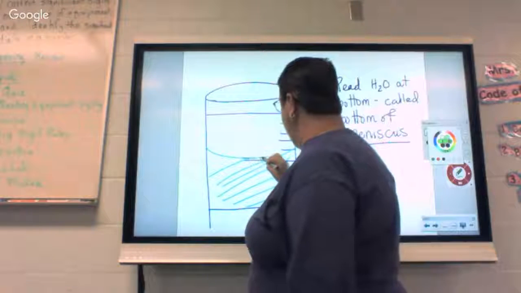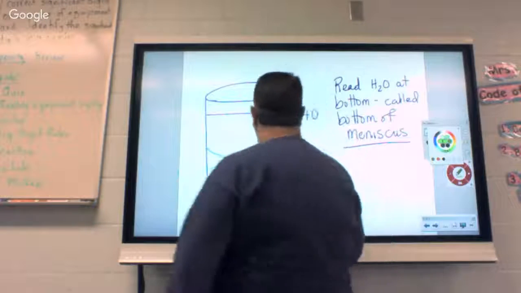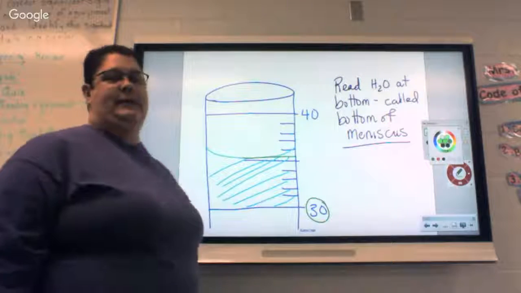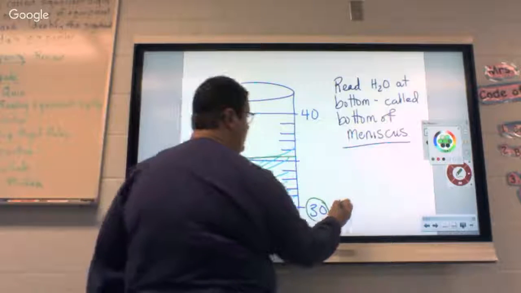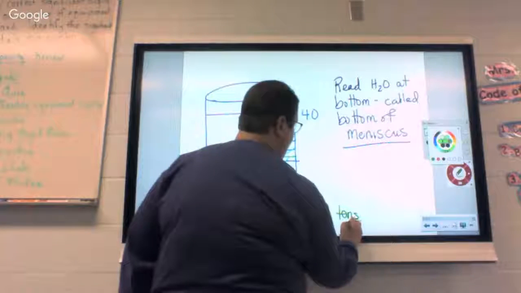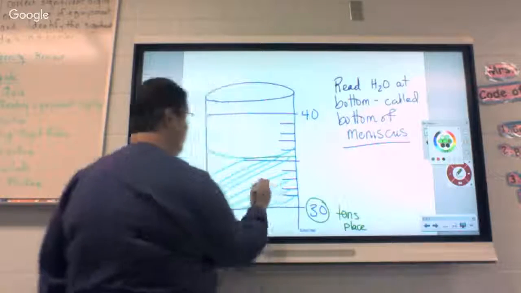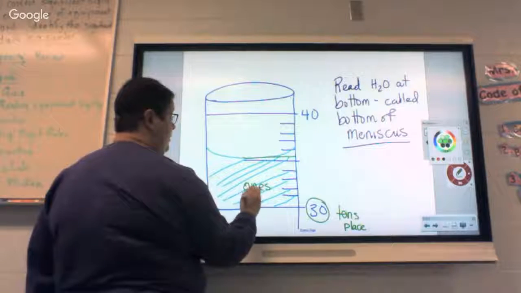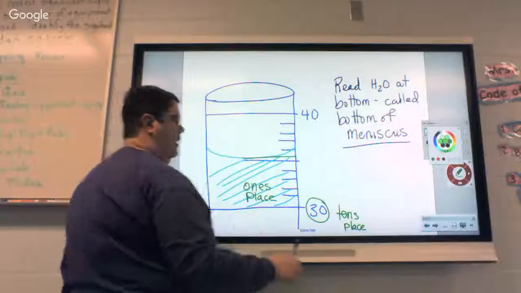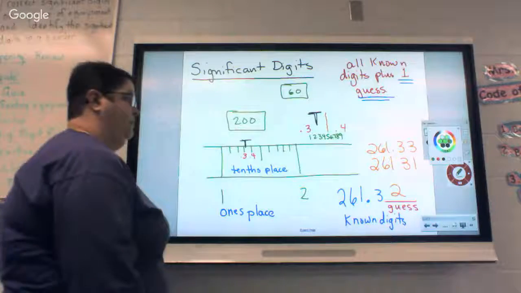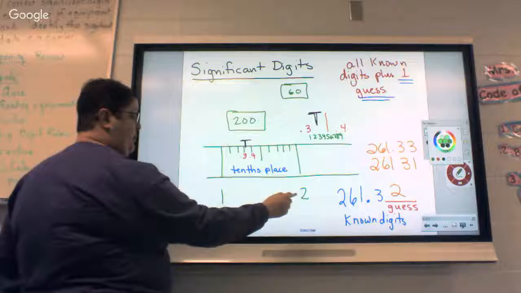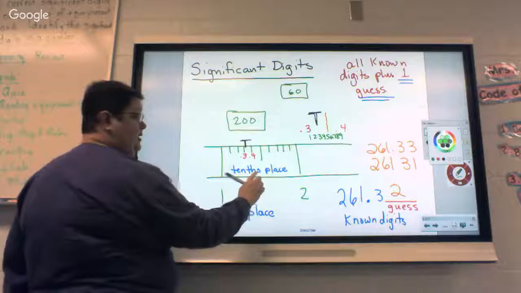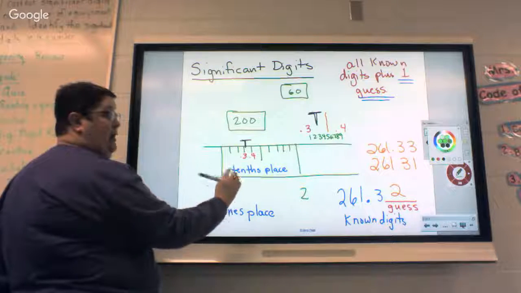Okay? So this time when you go over here, what number are we going to have? Well, this time, what is this? Is it the ones place? This is the tens place, right? So what are these numbers over here? These are the ones. Now, the reason I point this out, I go back one slide in just a second. On the balance, these numbers were the ones. So these little tick marks were the tenths. So if we read the tenths,